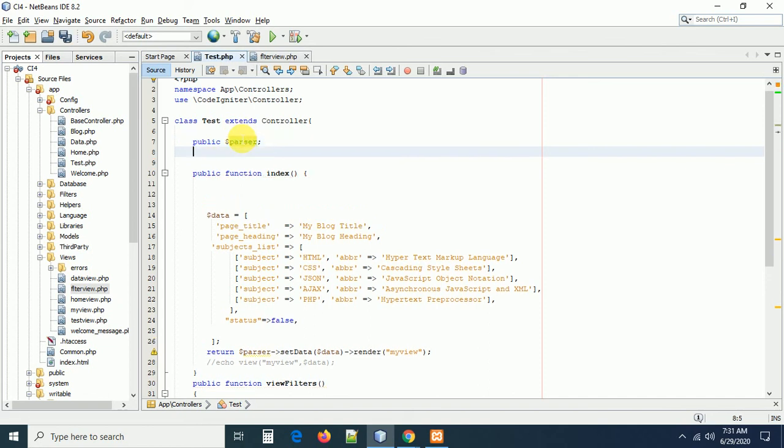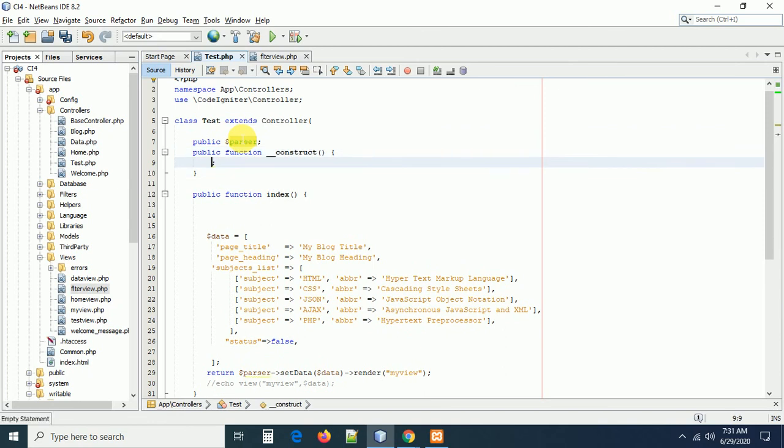Now I am going to write a function, public function __construct. This is the constructor function we have. In this constructor function, I am creating this instance, guys. Remember, by writing some logic inside a constructor, that won't be available to each and every method automatically. So we have to assign this to some variable, because constructor is also a function. In the constructor, parser is a local variable to the constructor. If you want to make it a global variable, we have to take this into the constructor.